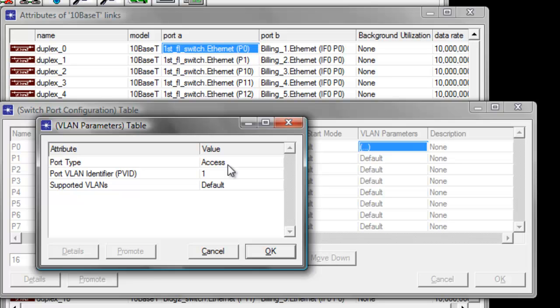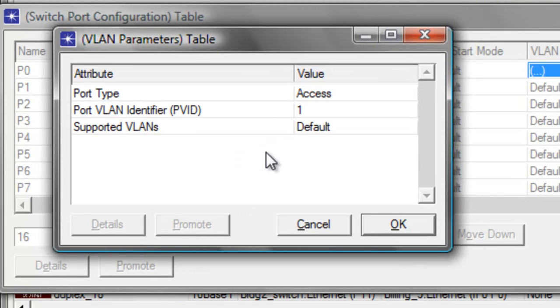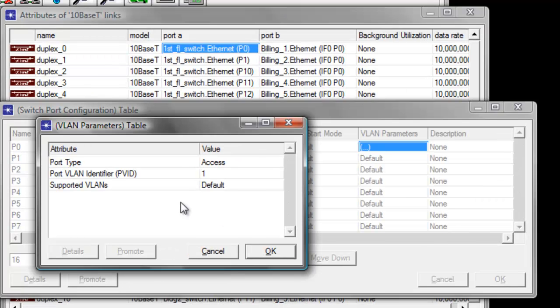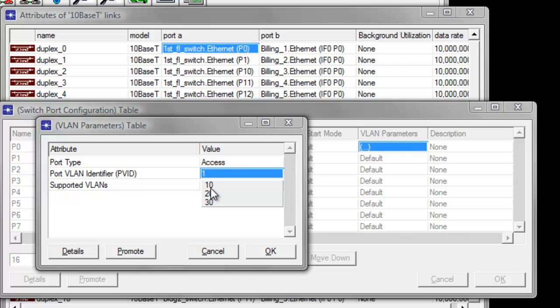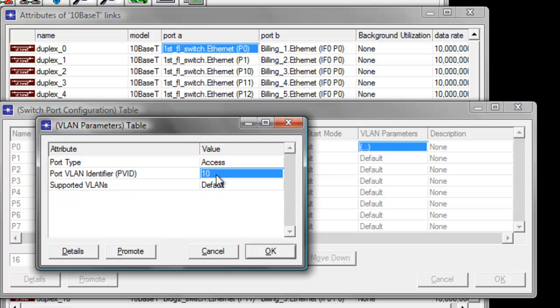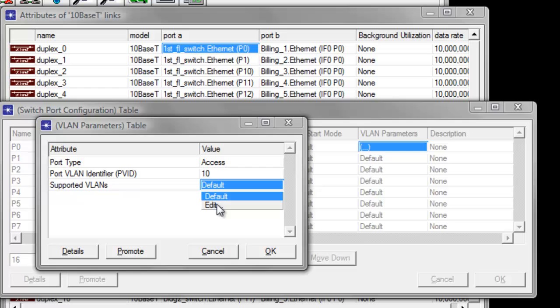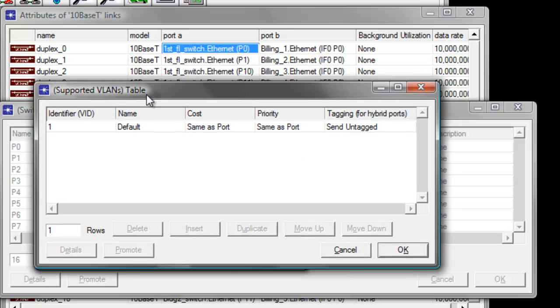By the way, there are two types of switch port, the access port and the trunk port. The access port is the default port configuration in an Ethernet switch and is used to connect workstations and servers. An access port can only support one VLAN identifier. So for the port VLAN identifier, change the value from 1 to 10 since we are setting the VLAN parameters for the billing workstations. And for the supported VLAN attribute, change the default value to edit and set the identifier